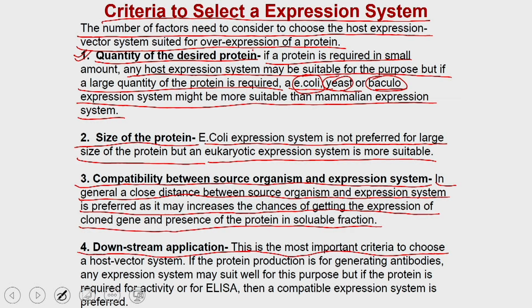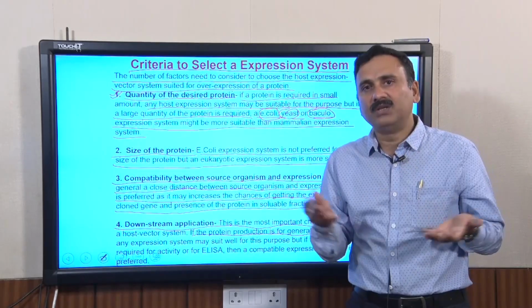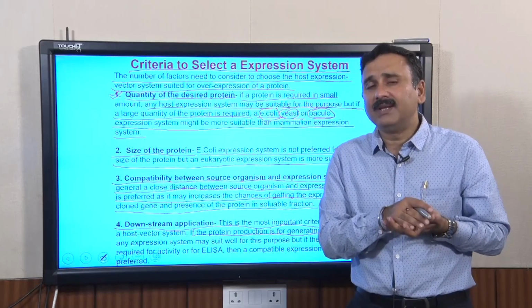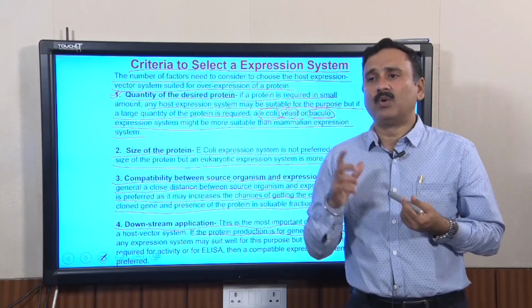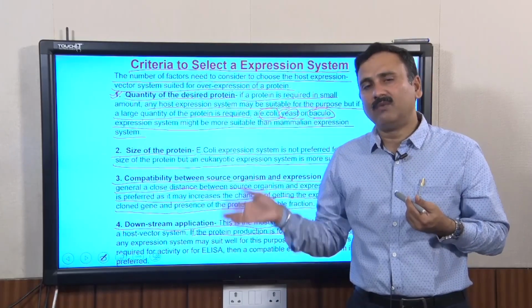For example, if the protein is produced only for generating antibodies, or you are simply using it as an antigen so that you can detect antibodies from patient sera, which means you are using these proteins simply as an antigen to coat the wells and develop ELISA based detection kits. In those cases, it is immaterial whether the protein is active or inactive,